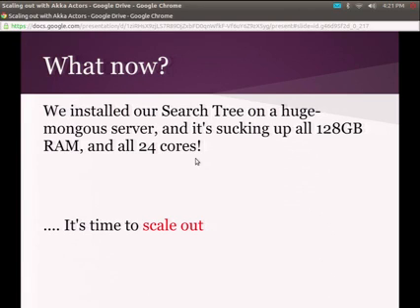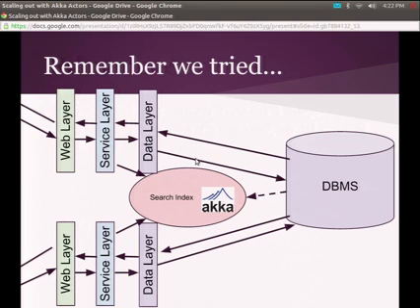All right? Now this all gets fun when we start to cluster. So we took this actor system. We have this tree that dynamically expands. We're using all 24 cores on this system. We're just maxing everything out with these queries flying back and forth. And now we can't scale the actor tree. It's the same bottleneck we had with our database because it's one thing. Okay? So now we need to scale out. We need to cluster. So how do we do that with Akka?